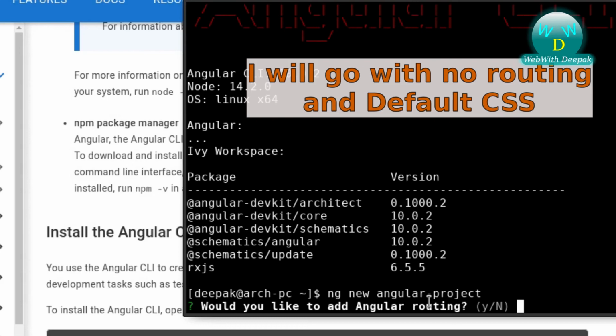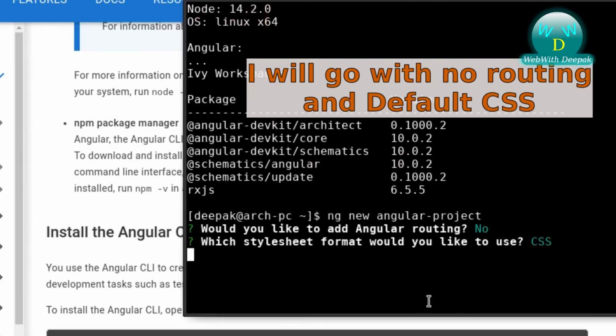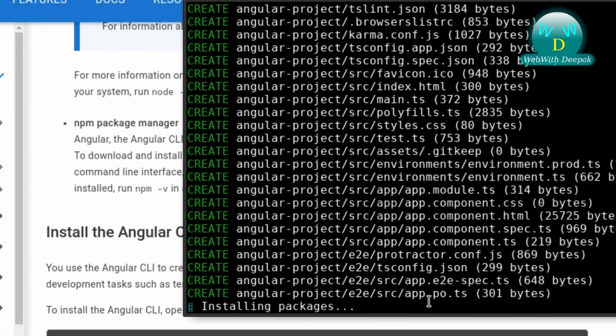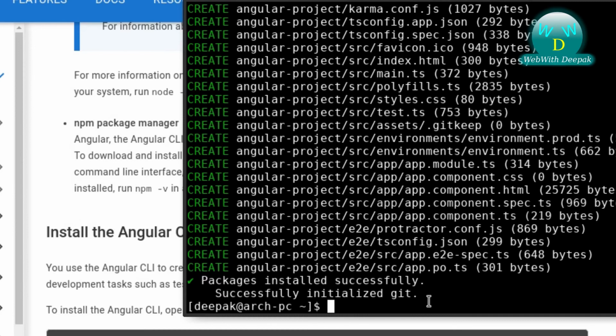This will need a lot of dependencies. We will walk through them in further videos in the series. But for now, let's just finish it. Now this just finished for me. We will navigate into this folder which was just created for the project.